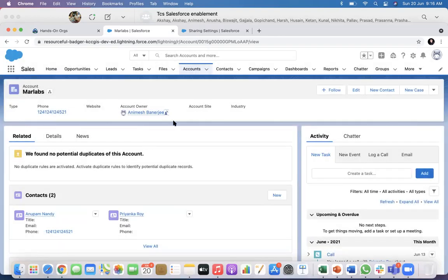Usually the person who is creating is also the owner. Automatically Salesforce will make him the owner, but a creator can change that at a later date to a different owner. If the creator changes to a different owner, then the creator will lose access on that record. Then the owner will get access. So before transferring, you have to be very sure that the creator who has created that record, who is the original owner, should not have access, if that is the case.